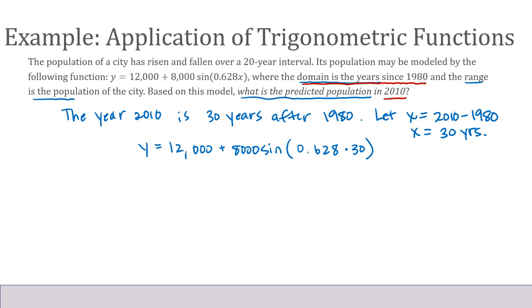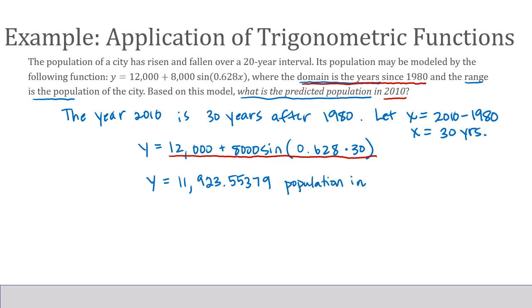And so this problem becomes just putting this all into my calculator. I'm going to literally just grab a calculator and type in 12,000 plus 8,000 times the sine of the quantity 0.628 times 30. Now I want to make sure I'm in radian mode because I do not see any degree symbols on this. When I put that into my calculator, I got y equals 11,923.55379. Now remember, that output represents a population. So this is a population